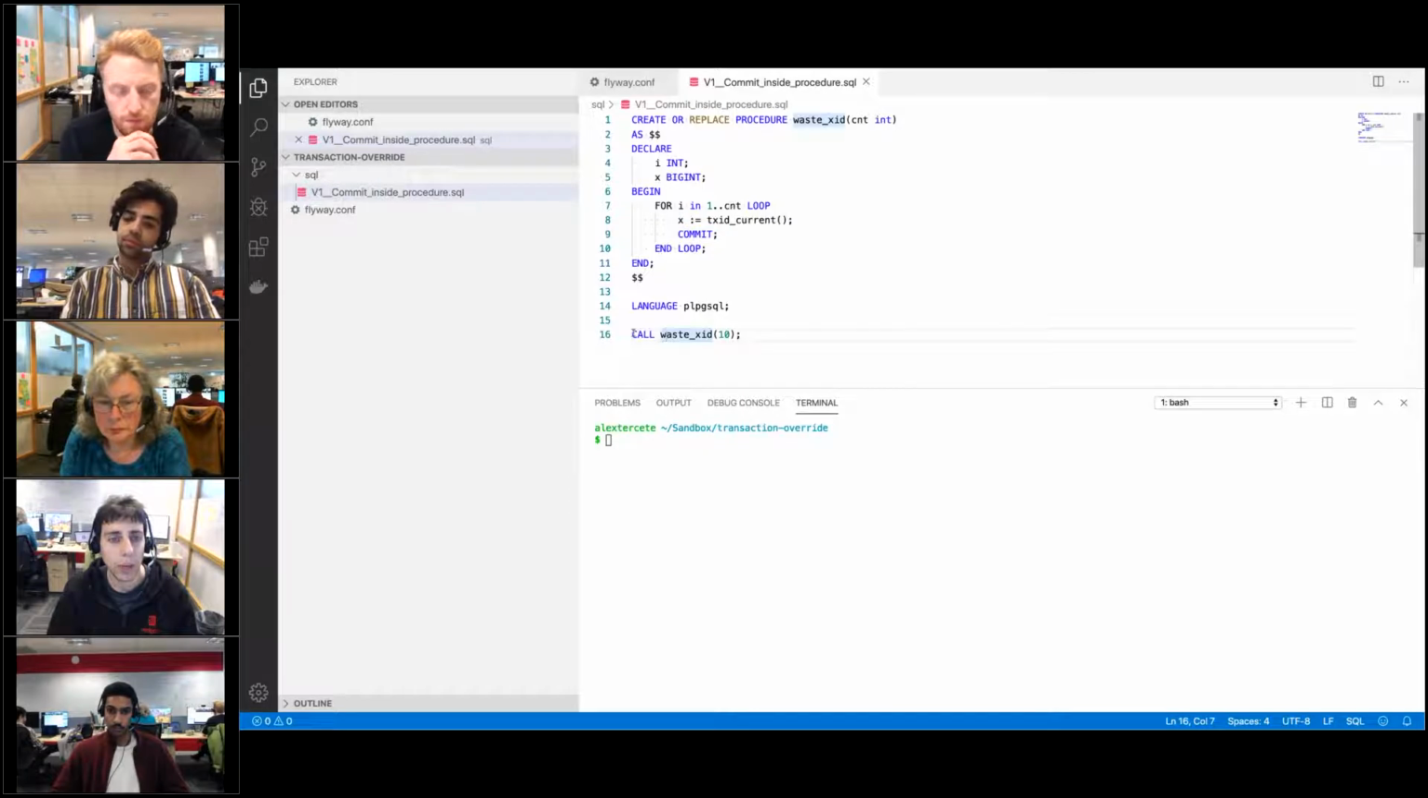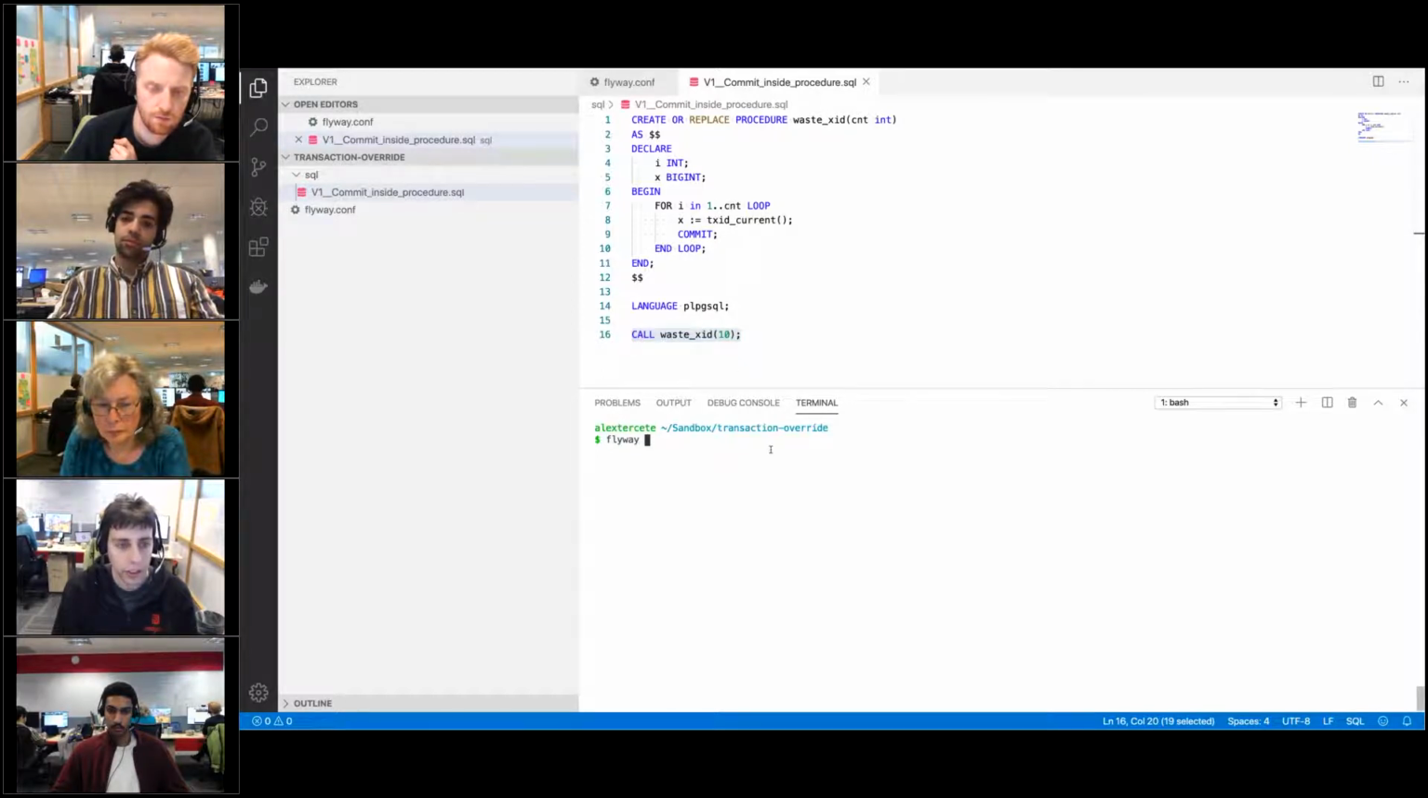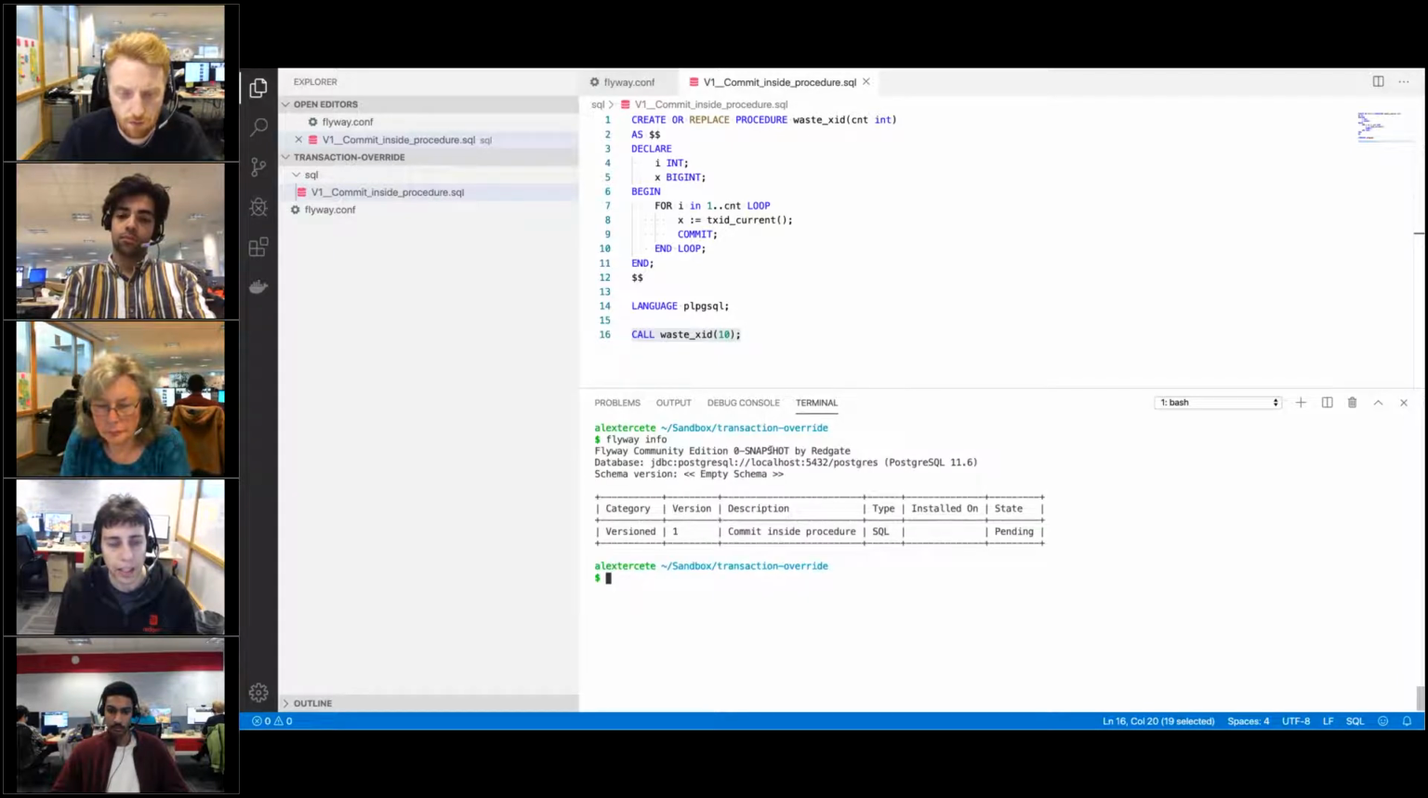And then the reason why this will fail is because I'm calling that procedure in here. And then if the whole script runs inside of a transaction, Postgres will think that that commit relates to the transaction that Flyway opened, and that's going to fail. So I'm just going to show that I'm connected to a Postgres database here, and then this script is showing